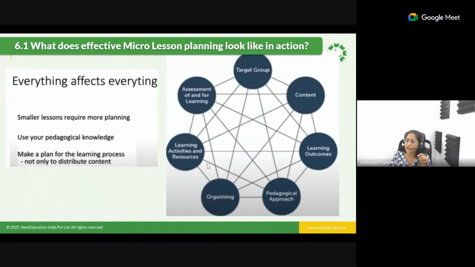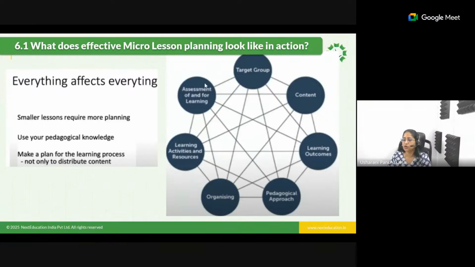And coming to learning activities and resources, what type of learning activities or resources you need to use also matters based upon the pedagogical approach, because these two are interrelated, as I discussed here. When I'm giving a definition, I'll just go with a static image of a plant with an arrow showing the water going into the roots, then I'll show the air coming towards the leaf, and from the leaf I'll show the starch. That is enough for them to understand the definition of photosynthesis.